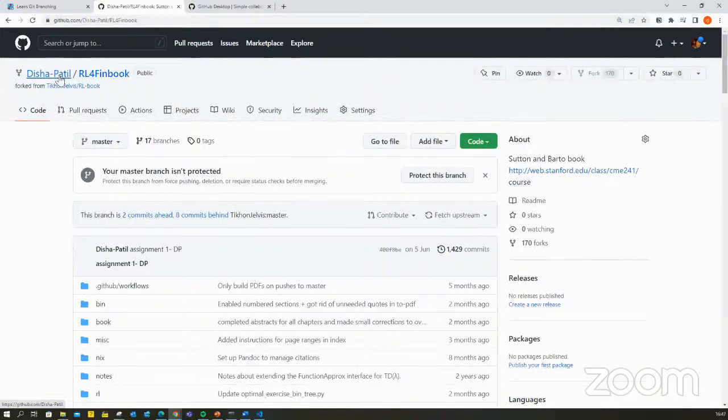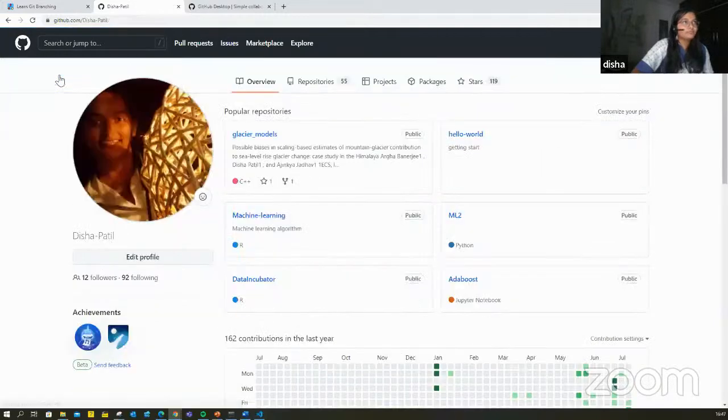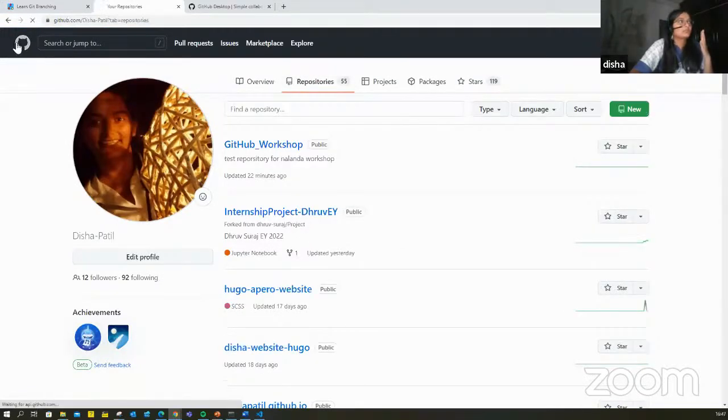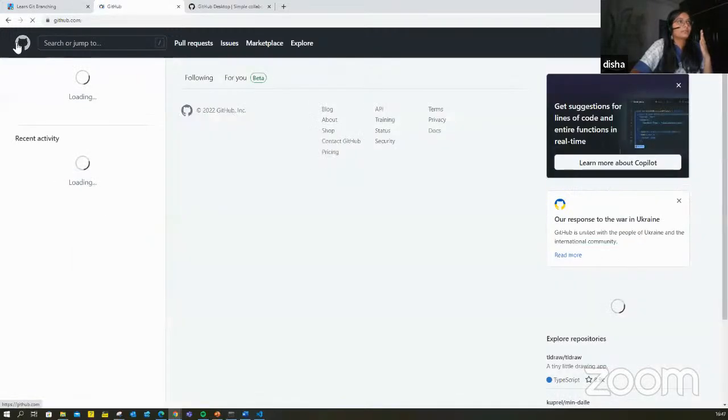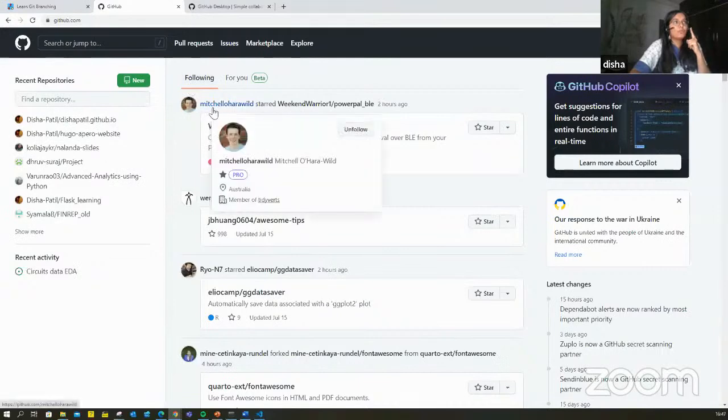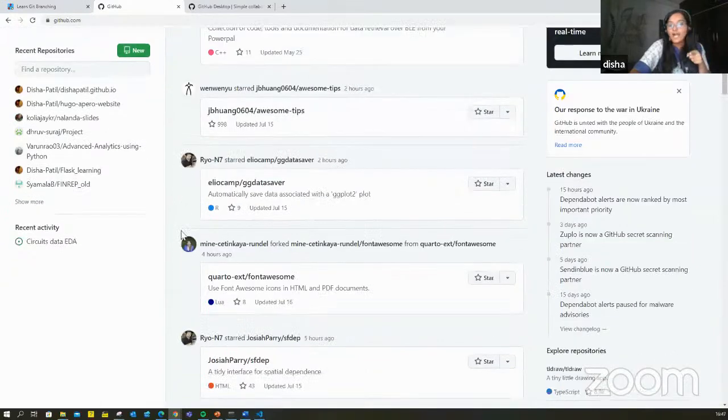If I go on my home page, this is the overview, which basically shows my own repositories. And if I go here, this is showing the other GitHub accounts that I am following.